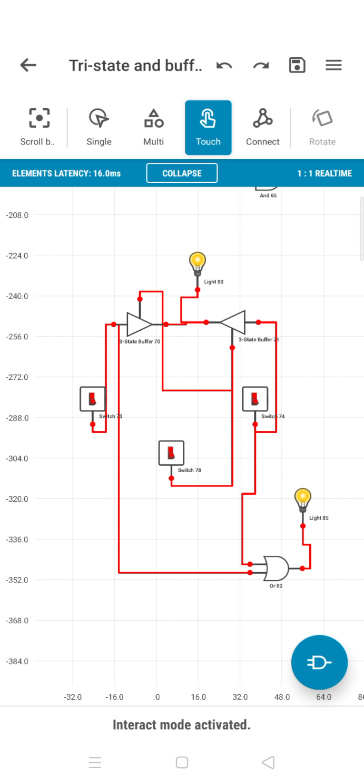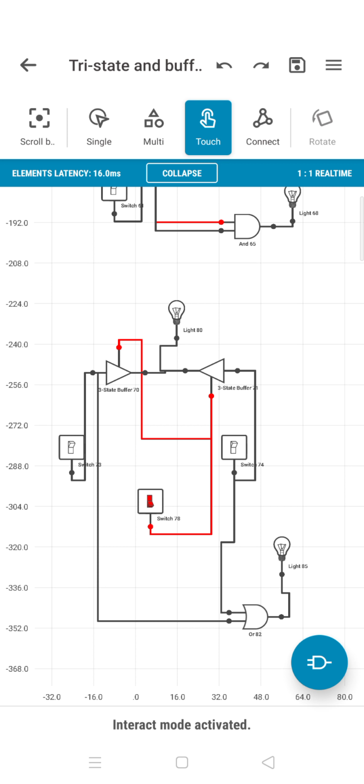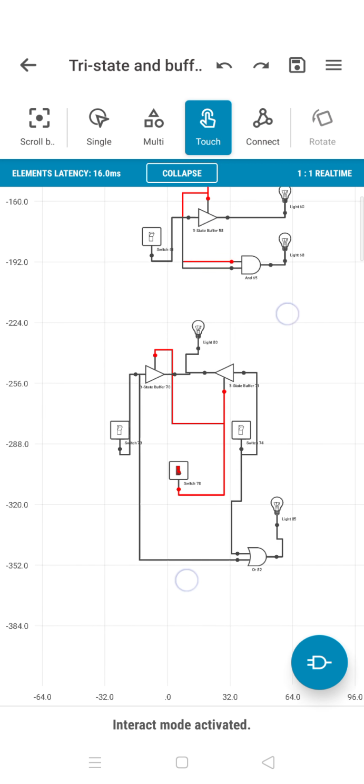This is an OR circuitry. Basically, using a tri-state device, you have built an OR circuitry. That's all. So now you know how to build an OR circuitry, an AND circuitry and other things using a tri-state device. Whether you connect them in serial or parallel, that gives what is called a transistor.